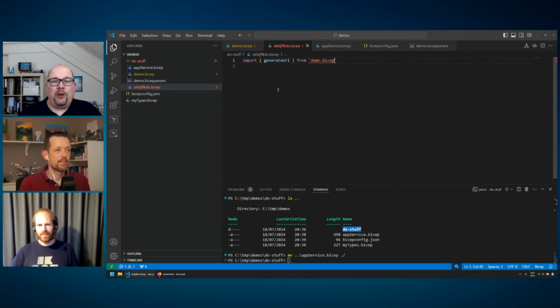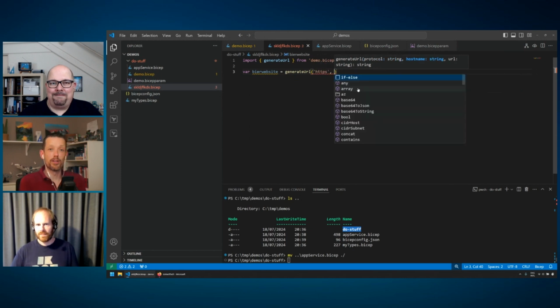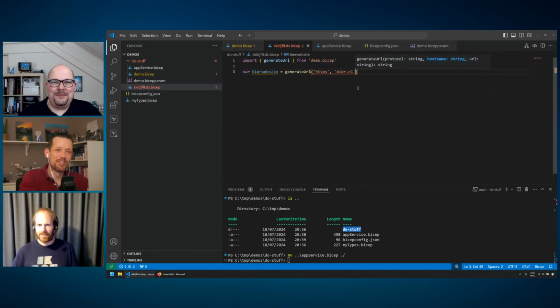I know for a fact that one of my teams just created a function for this name generator that used to be a shared module. So I think it's possible, but I'm not sure what the syntax is and how it works. Nice. But that's a big improvement over using totally those modules for that.